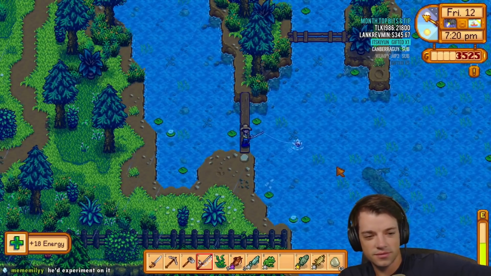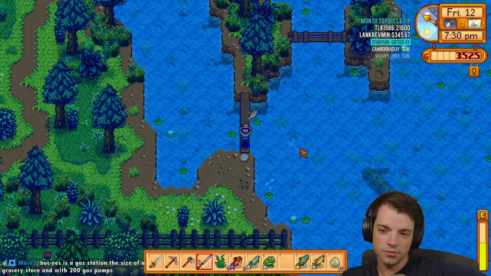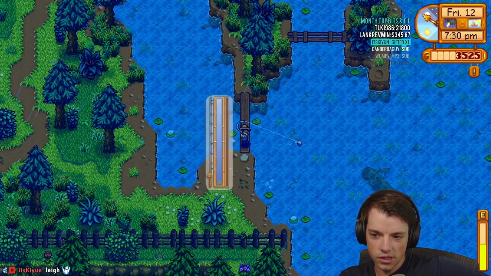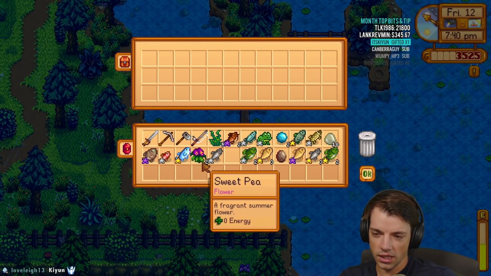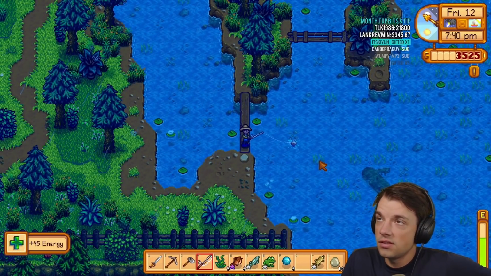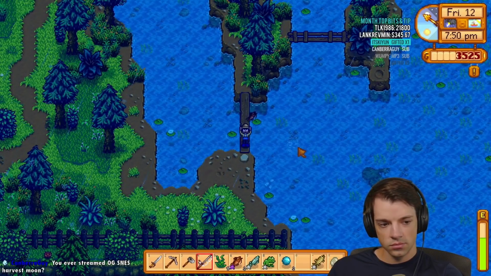Wonder if Seb would like that as a gift. Being summoned. Buc-ee's is a gas station the size of a grocery store. With 200 pumps. Oh, so it's like one of those interstate things. Thanks to the follow, Noxie. It's like a Love's or something like that, right? One of those big trucker gas stations or something. Kinda, or...